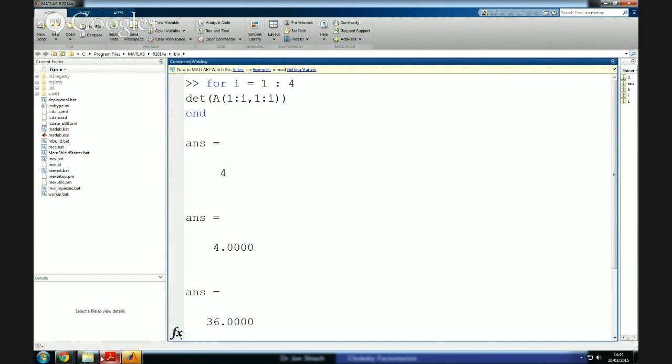What was your backslash operator? That's just a generic